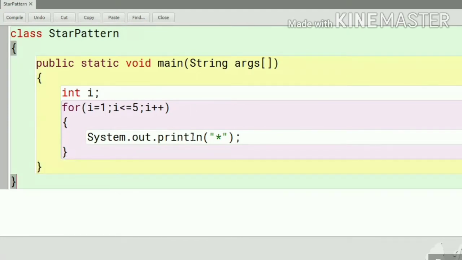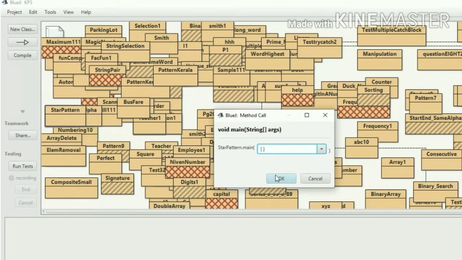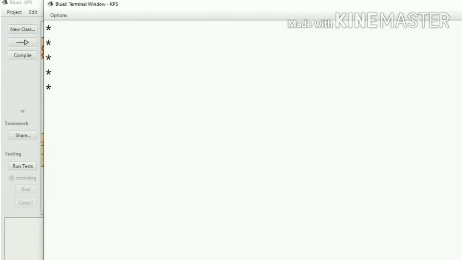This is for printing the star in 5 different lines. Here we have initialized with 1 and the condition is 5. It will go from 1 to 5 after every increment. Compile this program, right click, run main. Okay, you can see here we have got step 1 of the pattern according to our question.